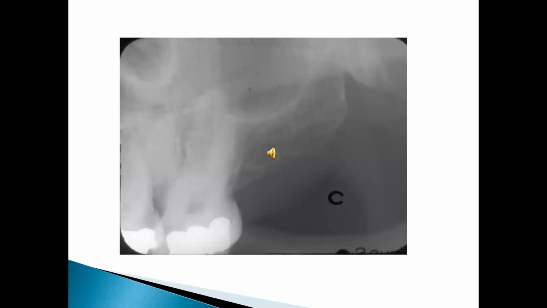There are two important landmarks we are looking at as we go into the posterior region of the maxilla. One is a radiopaque landmark posterior to the maxillary second or third molar. After that, we see a radiolucent V-shaped area. So we would be looking to identify what these two areas are. We will find the answer in the next slide.